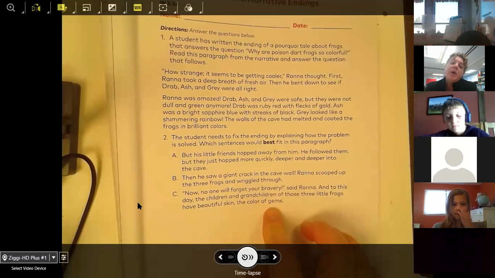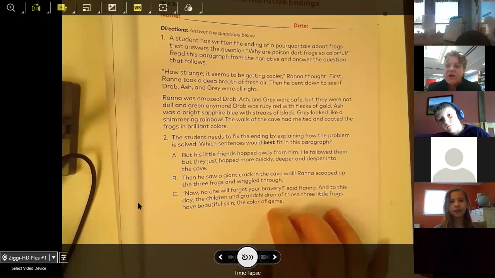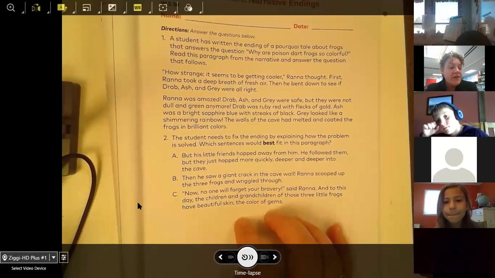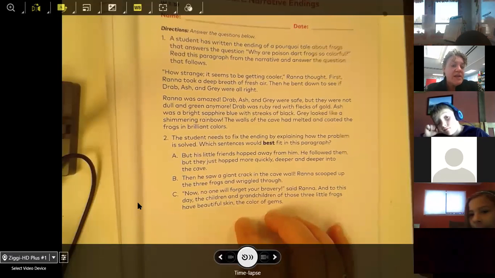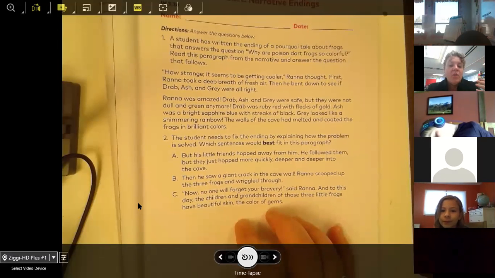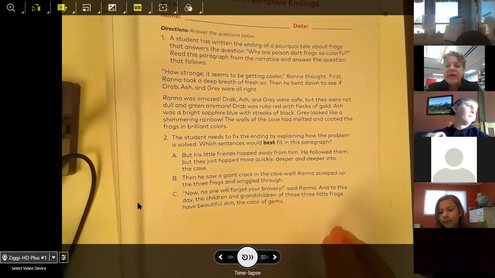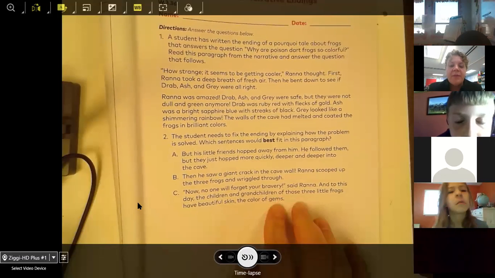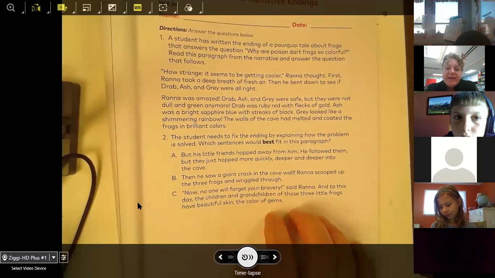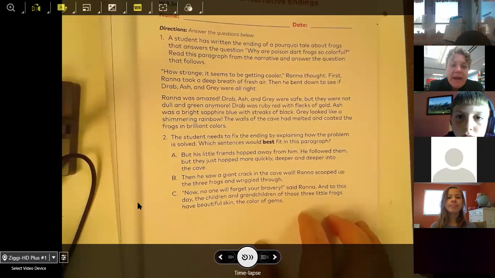Now we know this is a pourquoi, so we know this is not a real story. This is not really saying why they are colorful. When we get to all of our nonfiction work that we're going to do in the next unit, we are definitely all going to really talk about why the frogs are the way they are and how that helps them survive. Because that's actually the name of our unit or this particular module, right, is adaptations and how they help the frog live. Now this is a made up one.